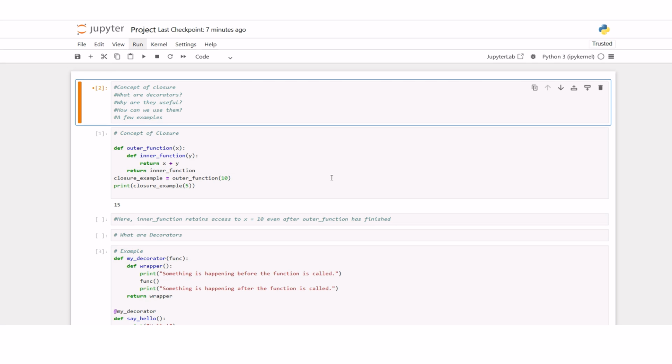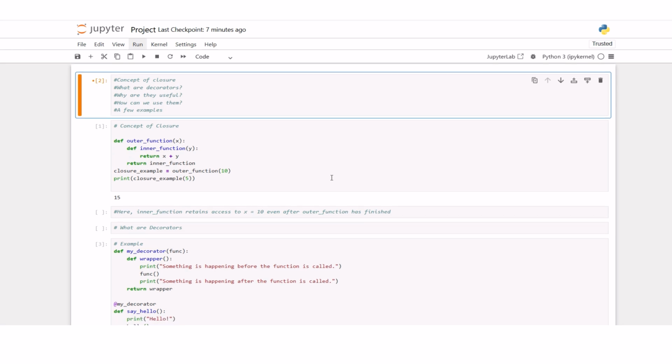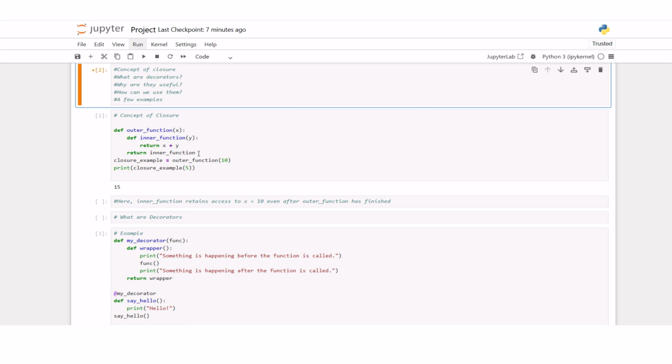So basically, I can say the definition of a closure is: a closure is a function object that has access to variables in its lexical scope, even when the function is called outside that scope. So coming to its functionality, how it's going to work: a nested function remembers and has access to variables in the outer function scope, even after the outer function has finished executing. So here is an example of a closure,